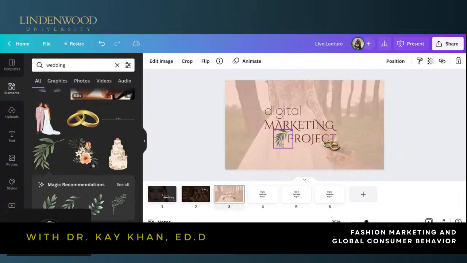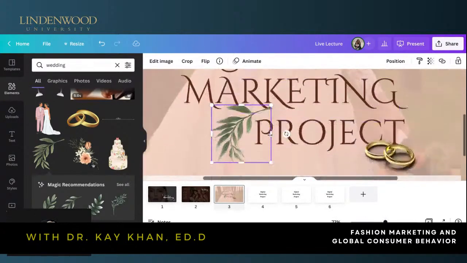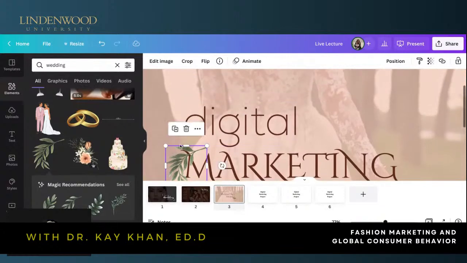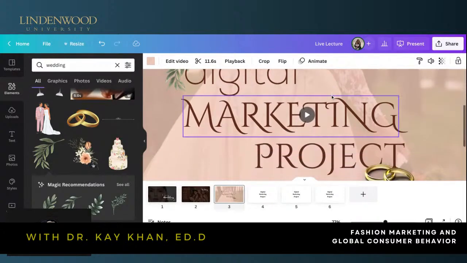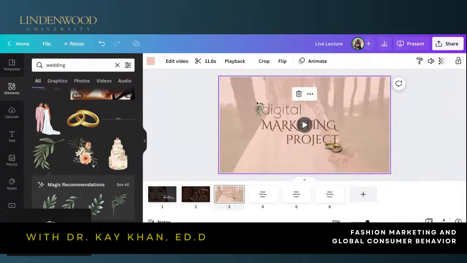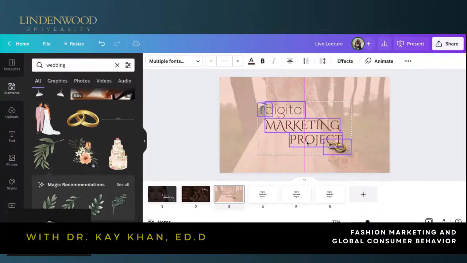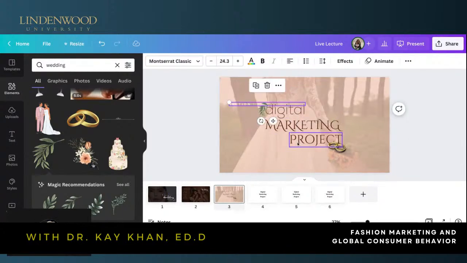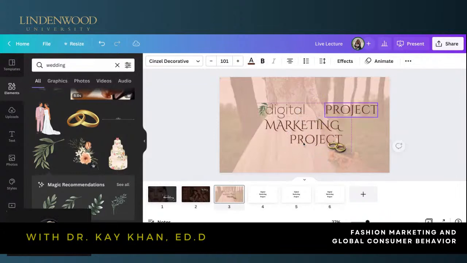So let me go ahead and scooch this in here and see what that does. See if this does anything cute. Okay, so I'm going to put this here, digital marketing project, in the rings, because there's always some type of greenery or something when people are getting married. Okay, scooch that to the middle. Let me grab my name. I'm just going to take this. Control C, Control V. I'm going to put Dr. K, and I'm going to put that up here instead.